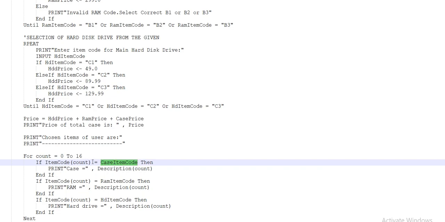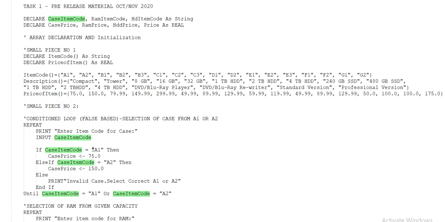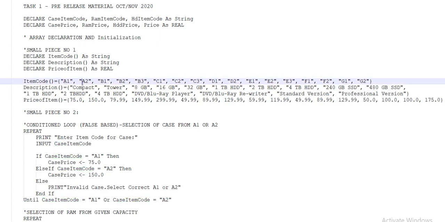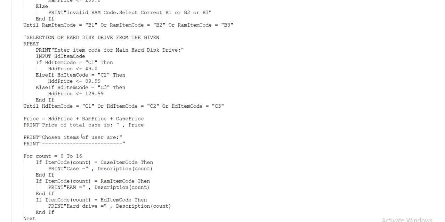And in the item code array, the value which is held in case item code will be compared with each element of the item code. And when it reaches A2, like when it searches A1, A2, it will stop at iteration 2, or indexes 0, 1. So the count will have 1. What I mean to say is it will stop at the second index of the item code, and then it will print the case,